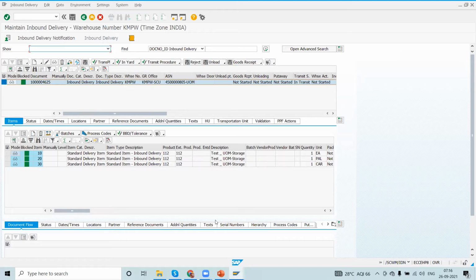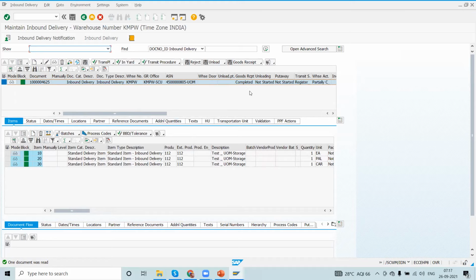Inbound delivery. Generally, in ECC we can perform the goods receipt in MIGO. Here in the EWM system, the companies prefer to perform the goods receipt in the extended warehouse management system. If you see here, we have the goods receipt option. I can perform the goods receipt here only. Click on GR, goods receipt. Can you see? The status of the GR is completed. It means now I received the goods.